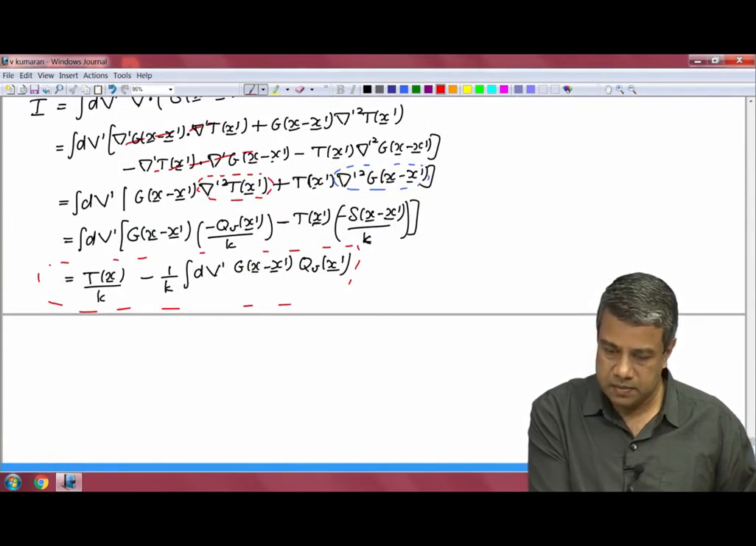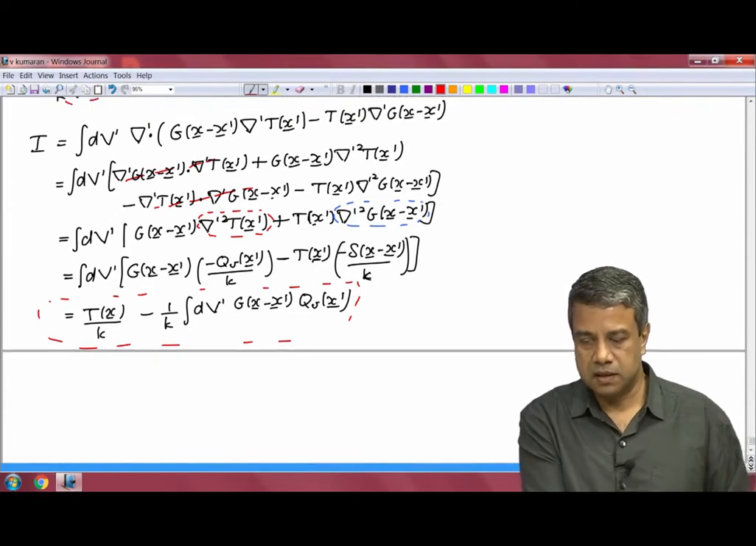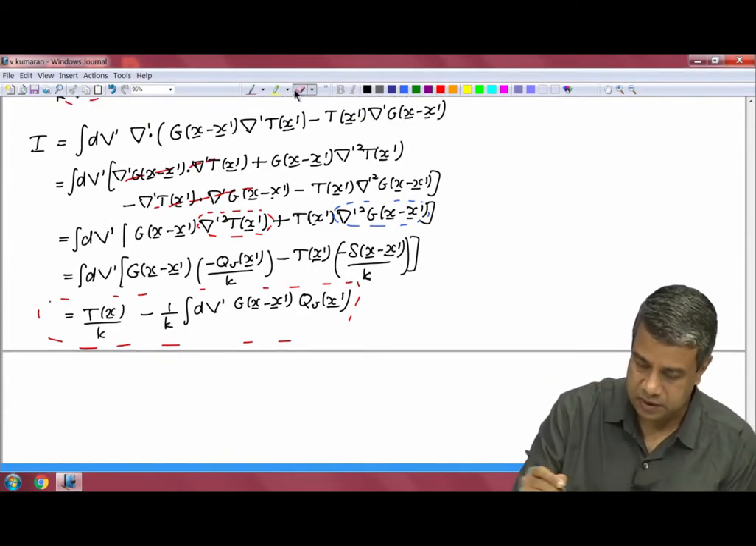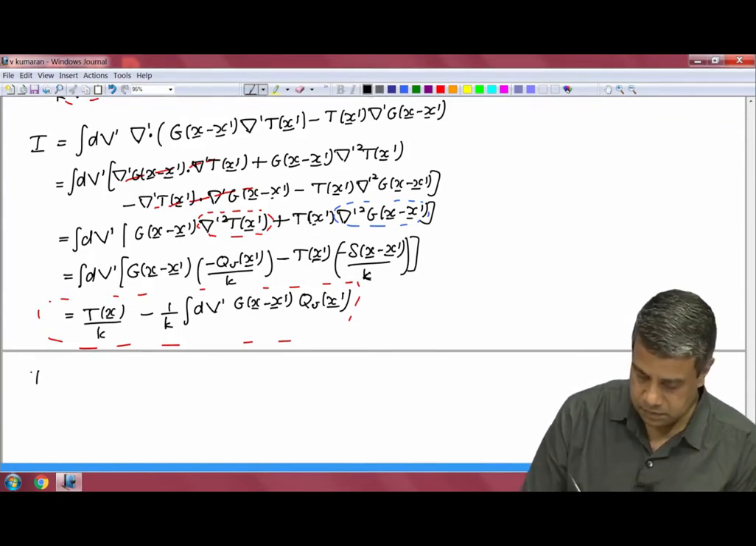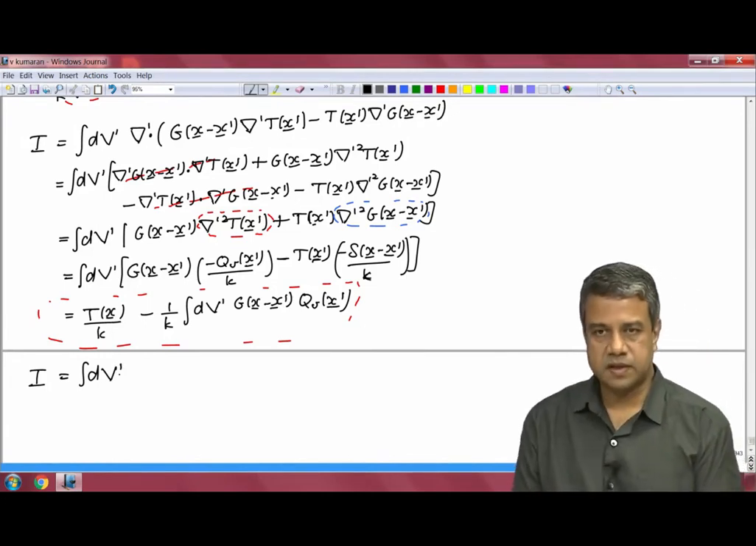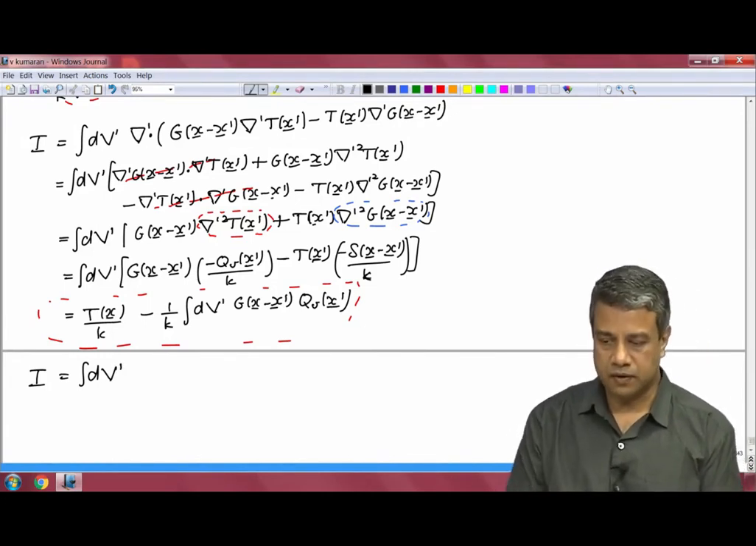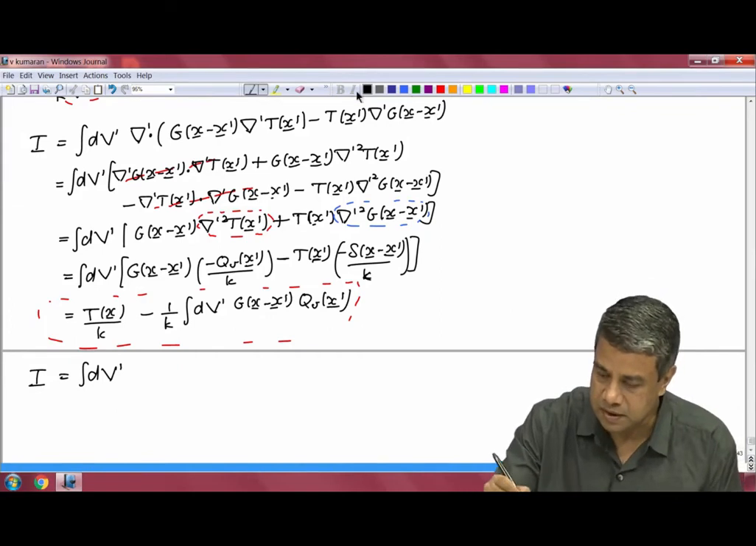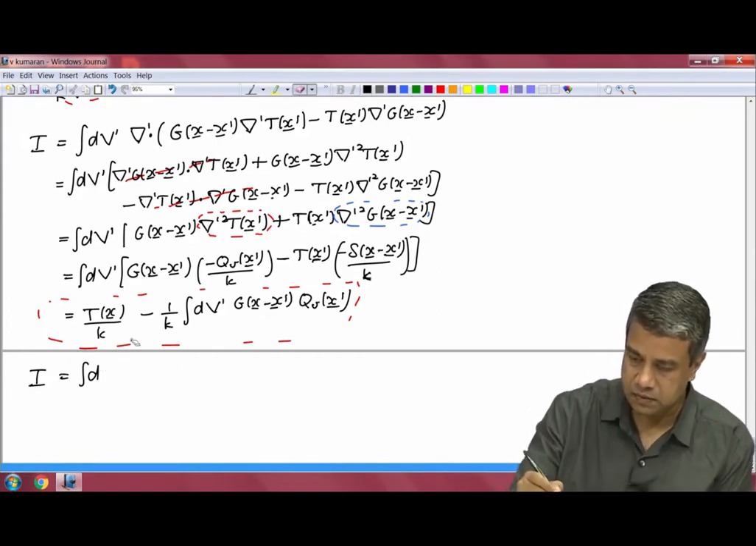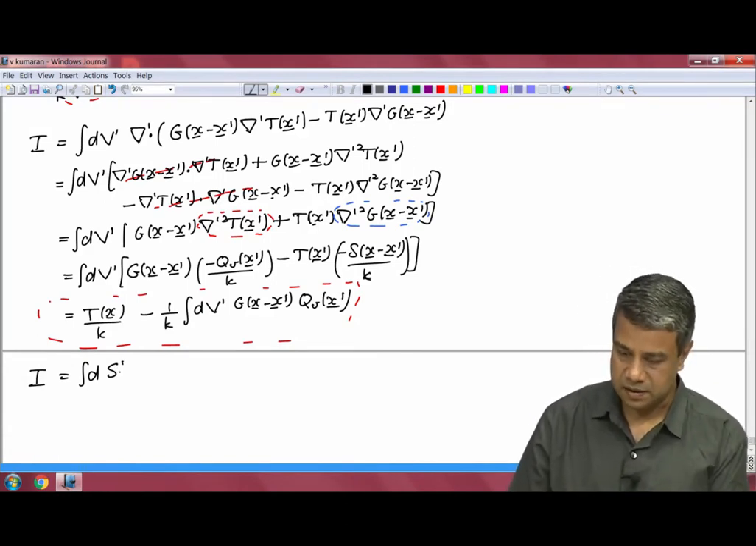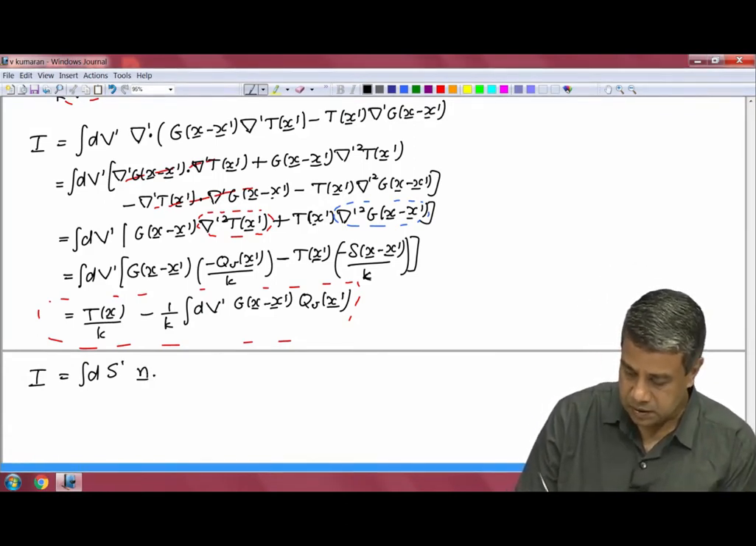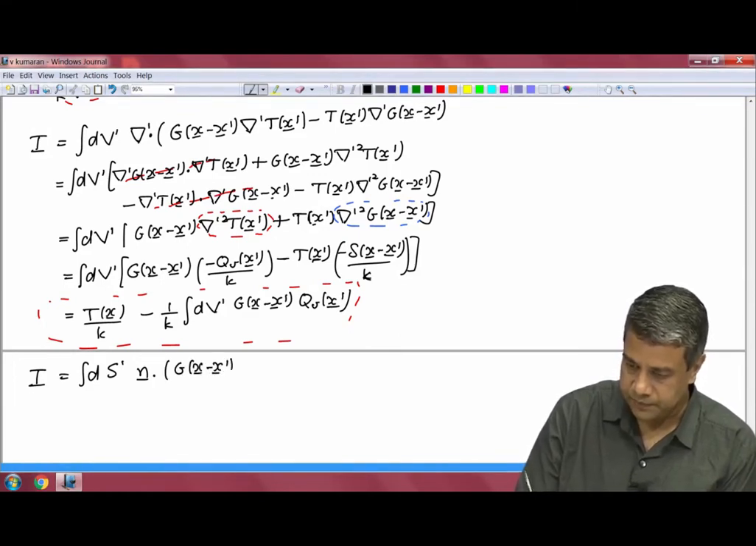One can do a second simplification, that is using the divergence theorem. The divergence of something integrated over the volume is equal to the unit normal times that same thing integrated over the surface, from the divergence theorem that we have already seen. This is n dot g of x minus x prime,